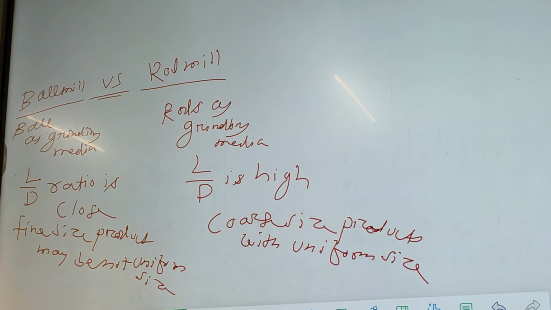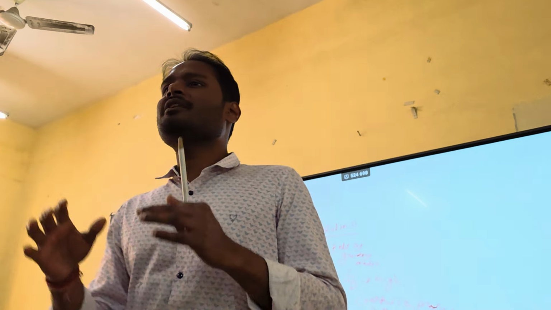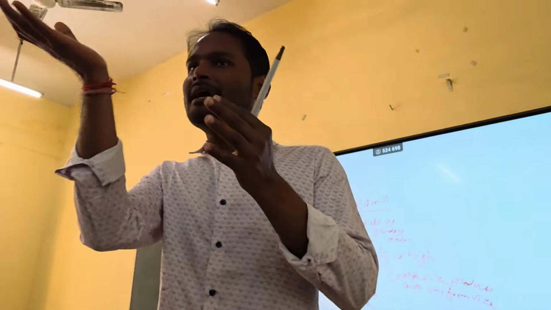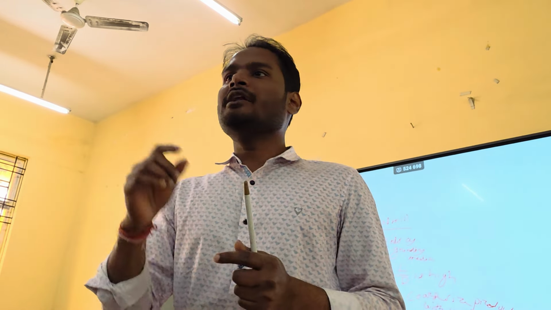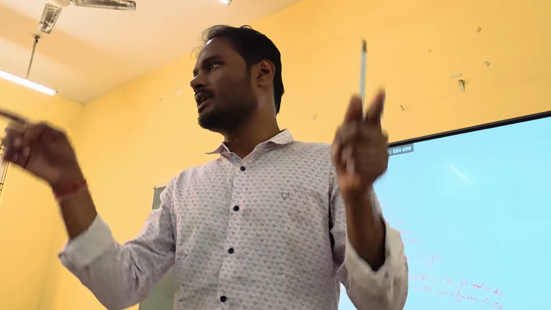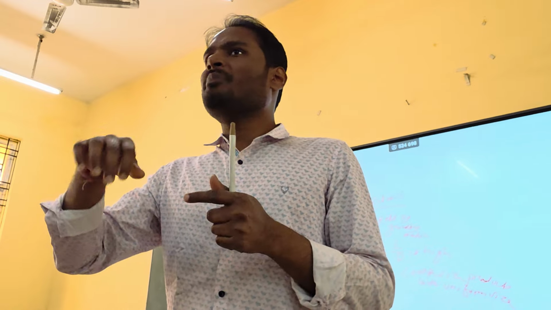And one important point you have to remember: these ball mills or this rod mill also have liners. Inside the mill, they have liners. Suppose the mill is made up of steel, inside that there will also be a liner. Liner means the material is stronger, tougher or harder compared to the outside one. And after certain operation, we need to change this liner.